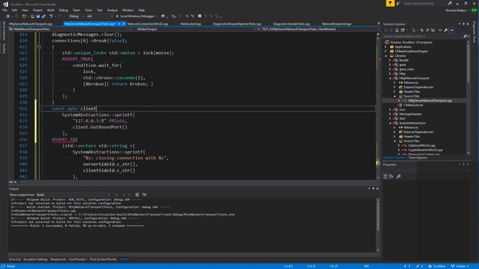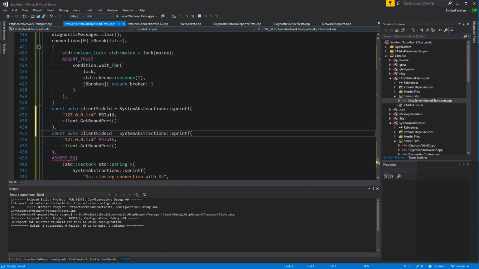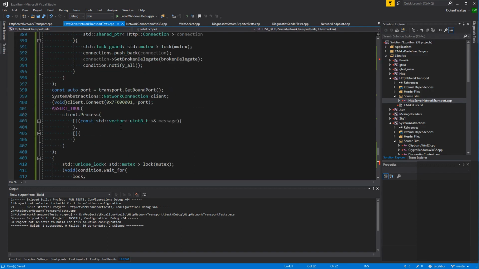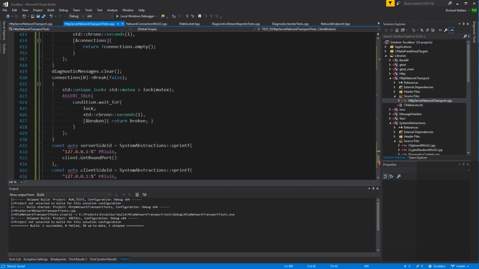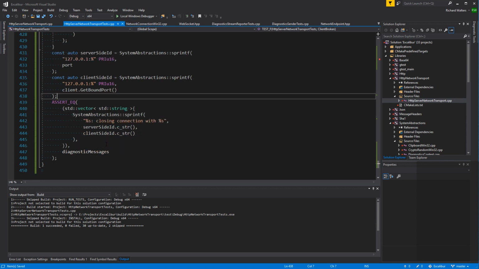Const auto client side ID equals that. And then the server side will be this port number here. Okay, semicolon would help. There we go.